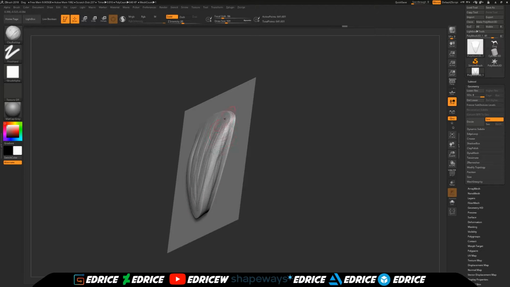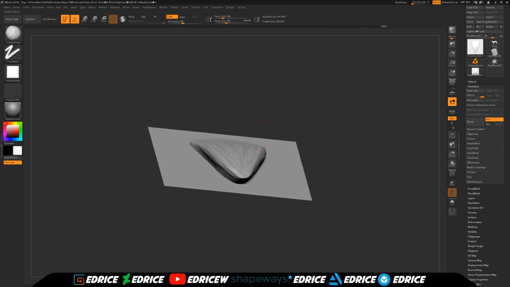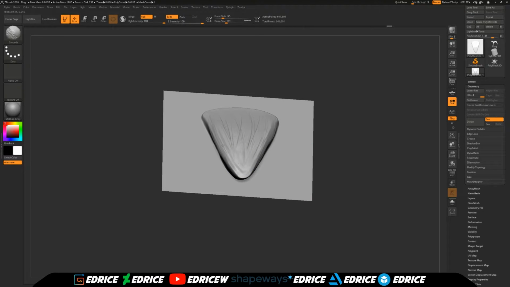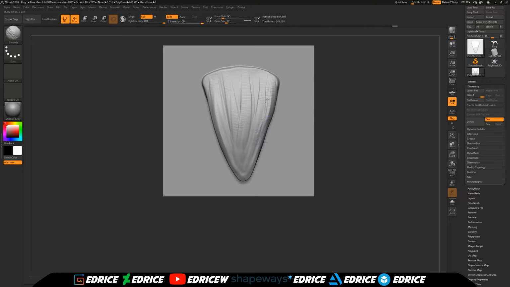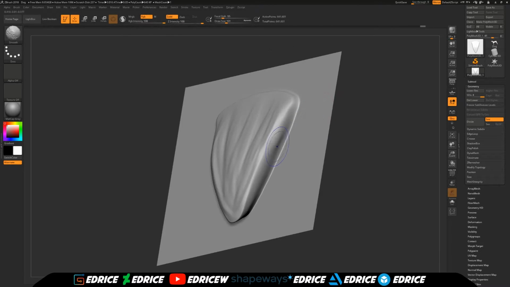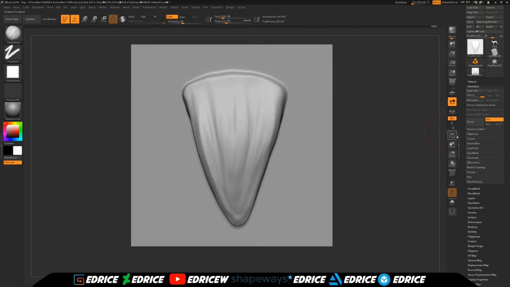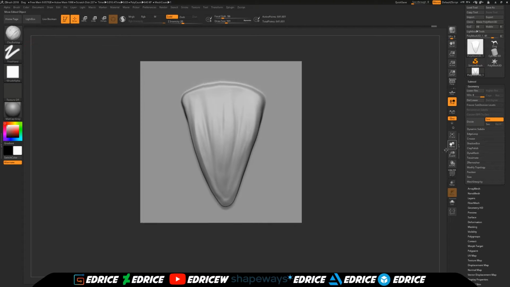We do not need to for the benefit of this demo, but let's do it anyways. So here we've made this scale-like sculpt, like so. And now